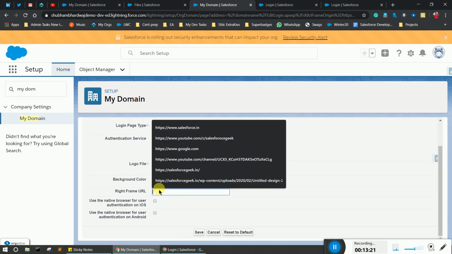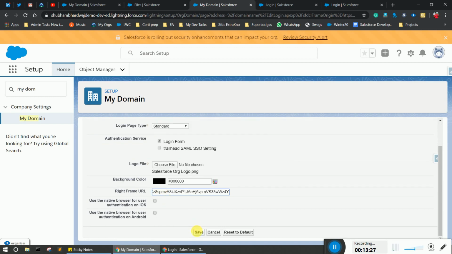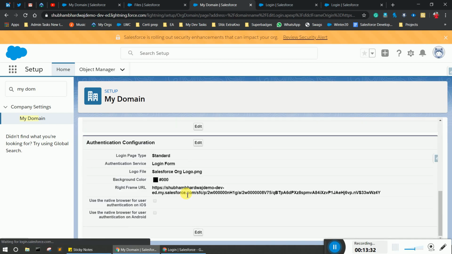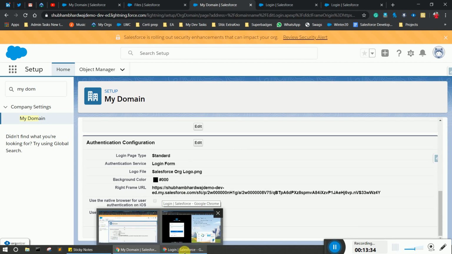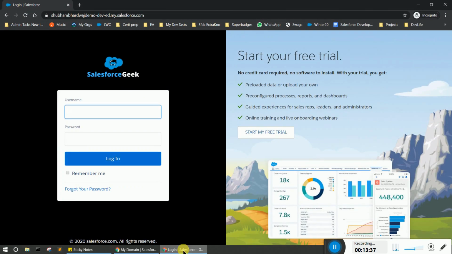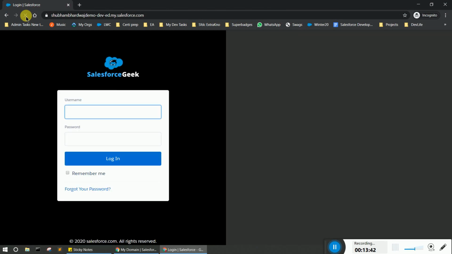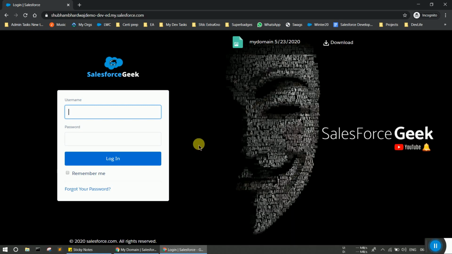I pasted the URL copied from the files and saved it. So let's move to the incognito window and see what changes we are going to see here. Simply refresh it. It will take time. As you see, currently a very beautiful login page is almost ready.